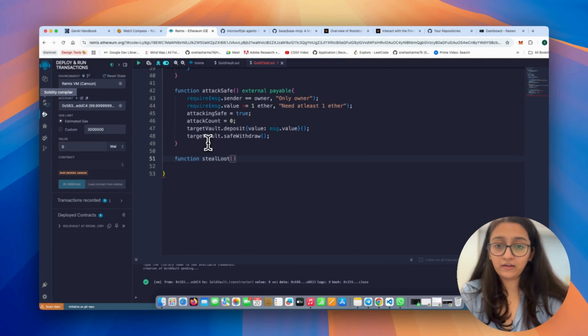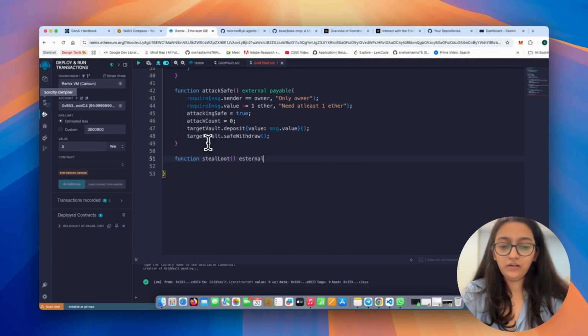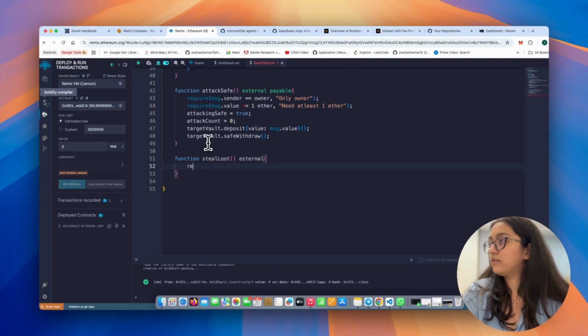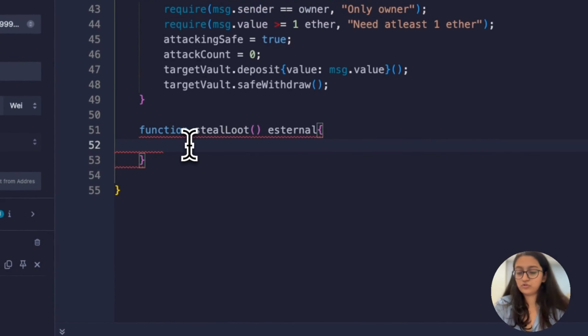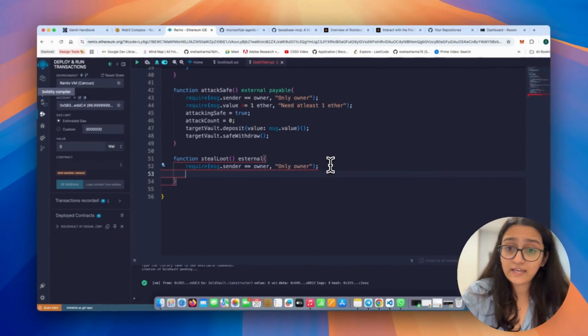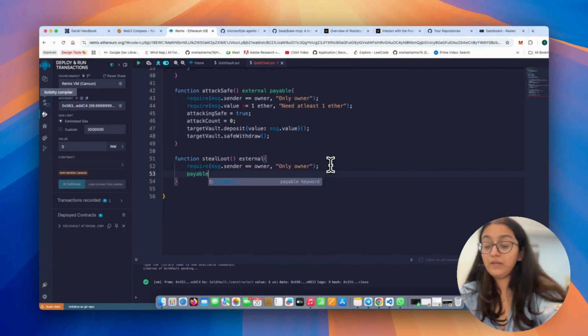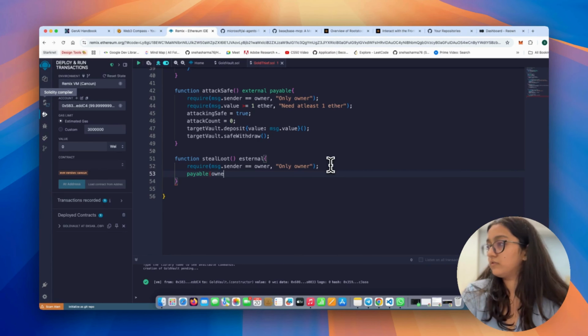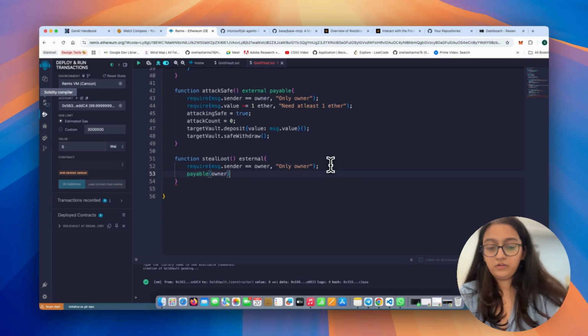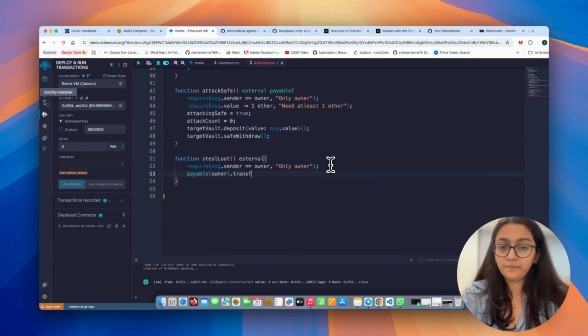Okay, so we're saying this has to be external. Now again, require message.sender is equal to owner, so only the owner can call this. And we're saying payable, we'll make the owner payable. Payable owner dot transfer